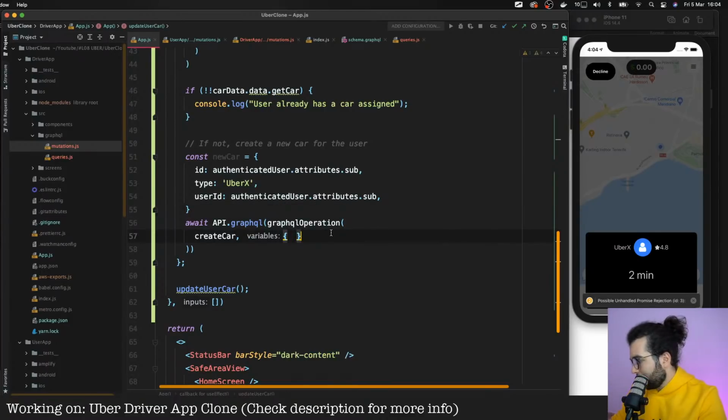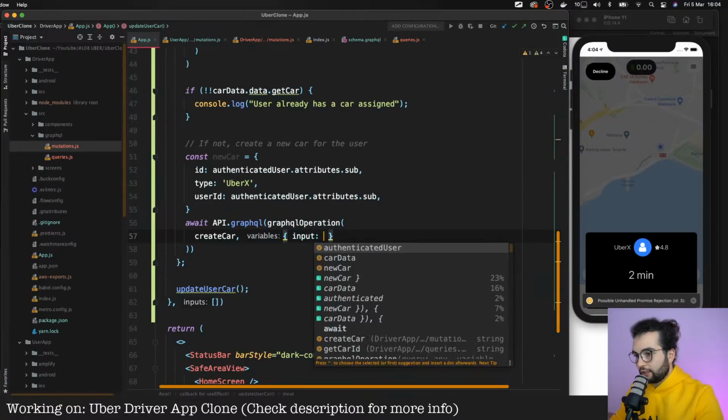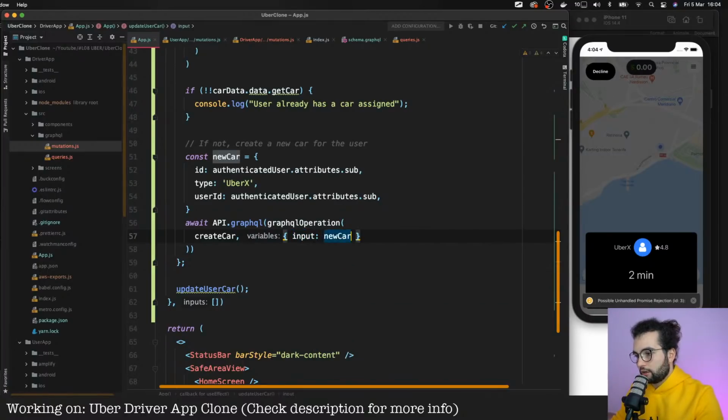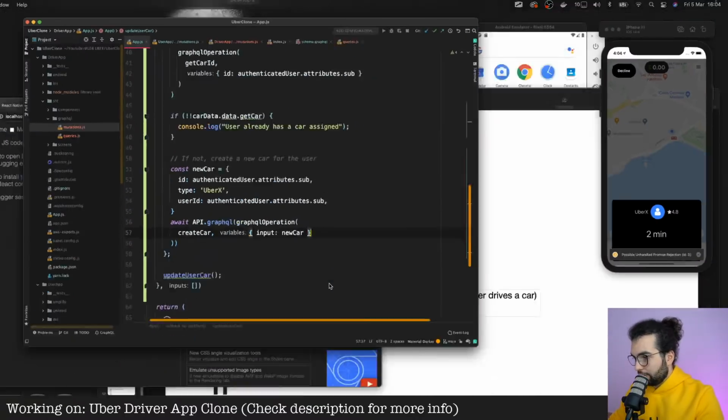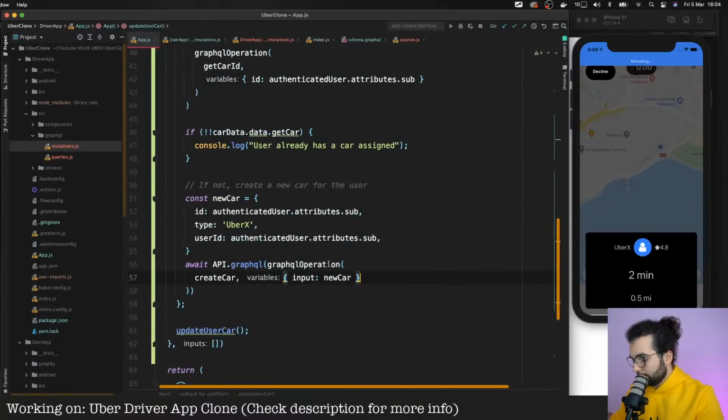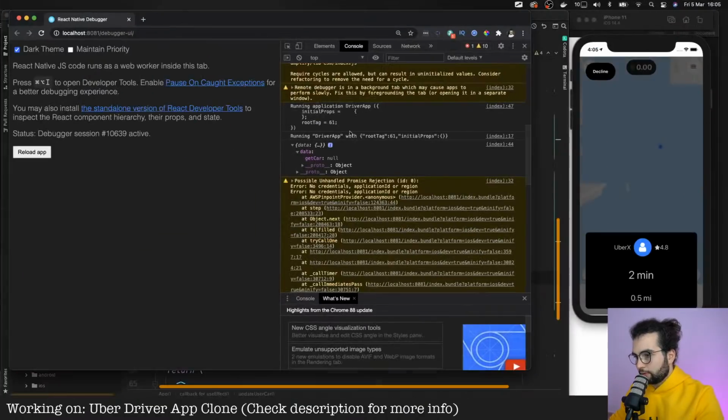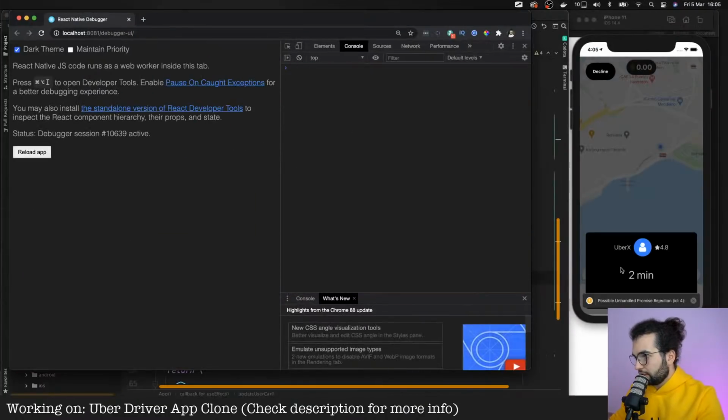What does it expect? Oh, it expects an input, and that input will be the new car. Let's save and see if everything works as expected. I'm going to open the debugger here and wait for some logs to pop up.